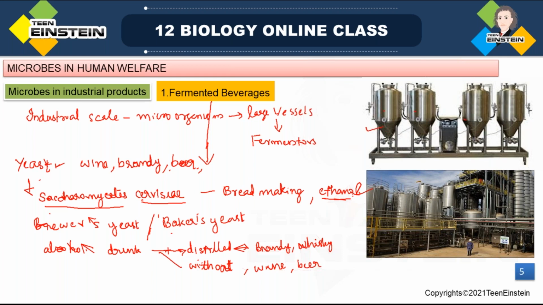The products which are produced with the distillation of this fermented broth are called the distilled ones. After distillation, they are produced. By distillation of fermented broth, you may get a one mark question. Fermented broth distilled ones, which are they? Rum, whiskey, brandy and all are examples. The fermented broth is distilled, and such processes go on in the production of whiskey, brandy, rum and all.